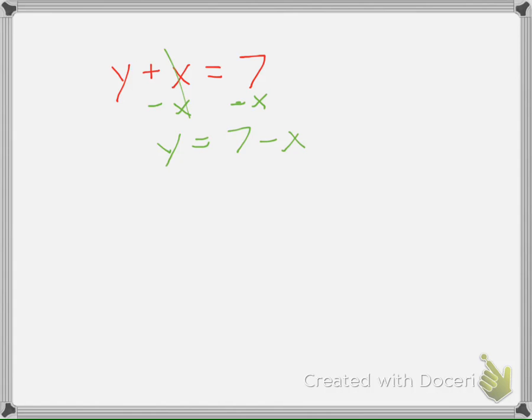Is that direct variation? No, it's y equals something minus x instead of something times x, right? So that is not an example of direct variation. Okay? If I have this equation,